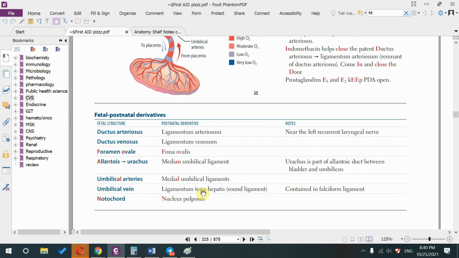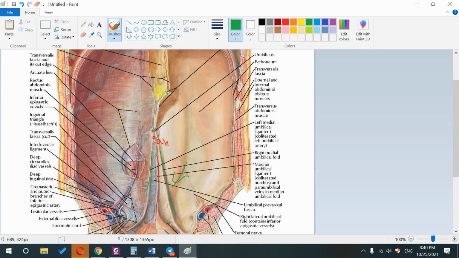Teres in Latin means round. Okay, guys? So ligamentum teres hepatis. So it's the round ligament. It's contained in the falciform ligament. So what is the falciform ligament? If this is a liver,